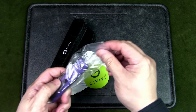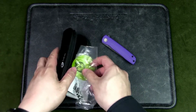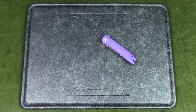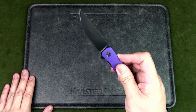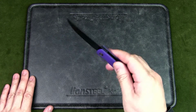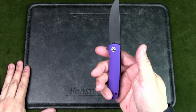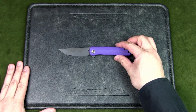a plastic bag. And this particular knife has purple G10 scales, so something a bit different from the other knives that I have. It is a flipper design, great action on it. We've got a black stone wash finish blade. The knife itself is small and compact, but before we get to the specs, let's compare it with some other